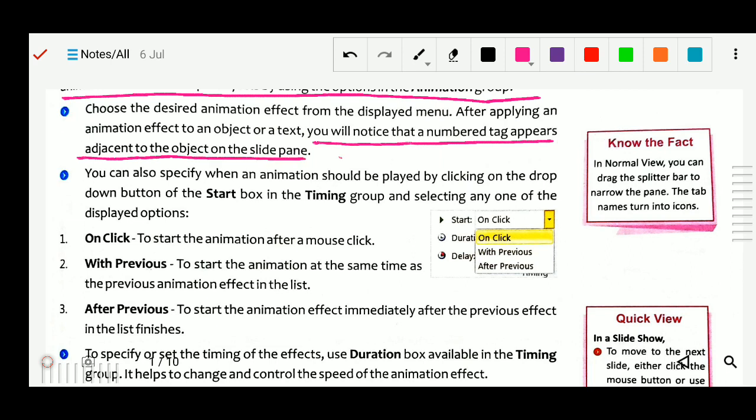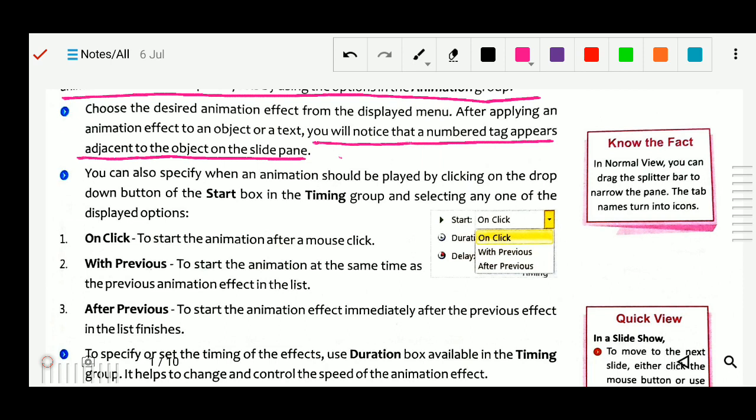So a number will be tagged, showing in what order the effects will be played one by one. You can also specify when the animation should be played by clicking on the drop-down of the start box, or timing, by selecting any one of the options.